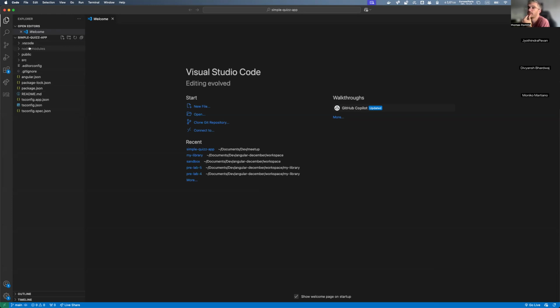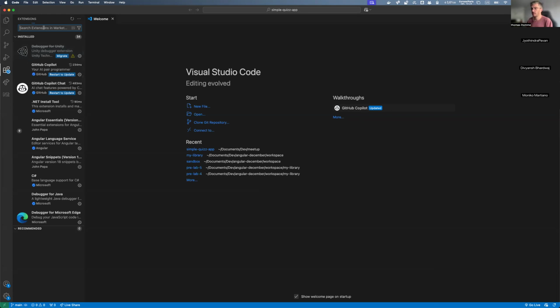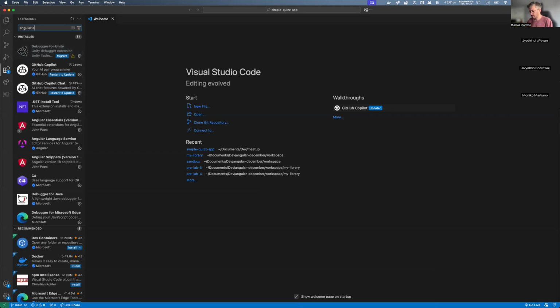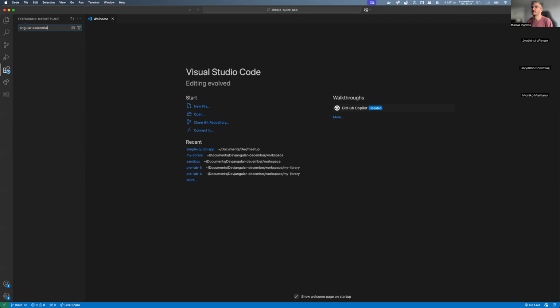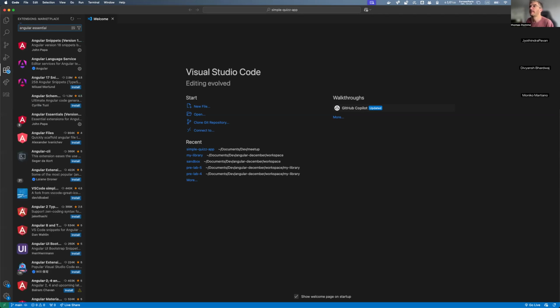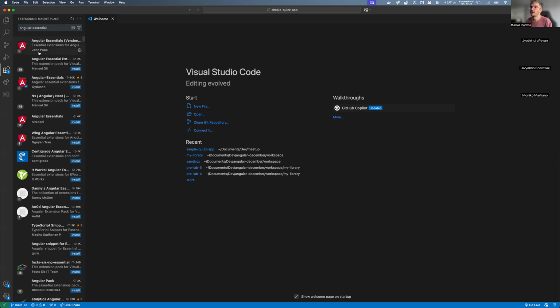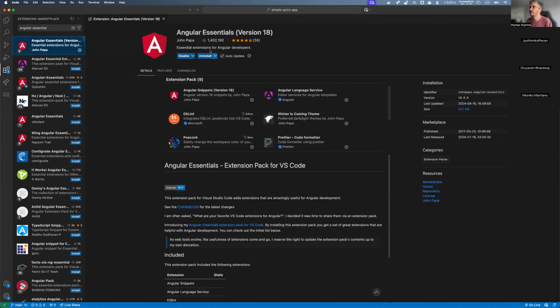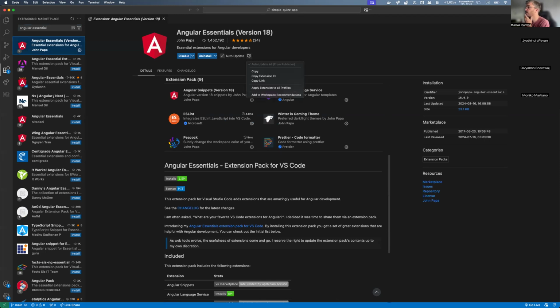Great. So now we are here. Remember, I told you that with VS Code, it's always interesting to have extensions for Angular. So this one is called Angular Essentials, something like this. And you can see we have this guy, John Papa, here, having Angular Essentials. So you can install this plugin.